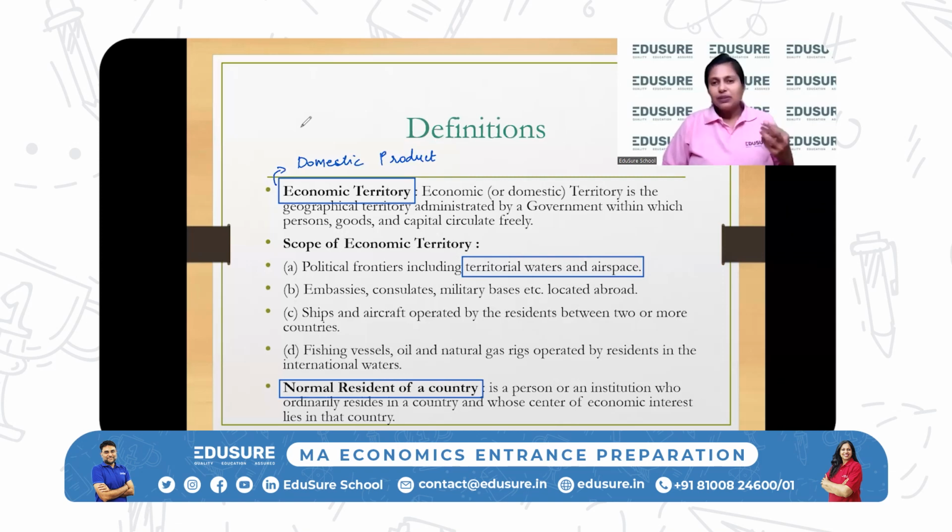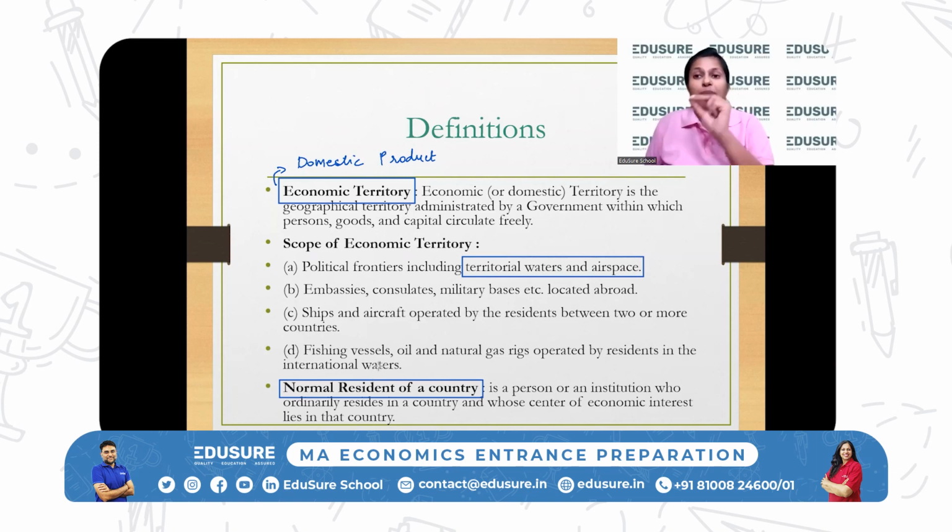Okay. Now, what are the normal residents of a country? So, for example, we have, like I said, some person who, let's say, an Indian. He's an Indian. His family is in India, but for work, he has to go and live in America 6 months in a year. Okay. Who is he? Is he an Indian? Is he not an Indian? Or for example, you are a company who has offices all over the world. So your income is generated in other parts of the world, but it is generated for your home office, right? So there's a difference between the physical territory and there's a difference between the people of a country.